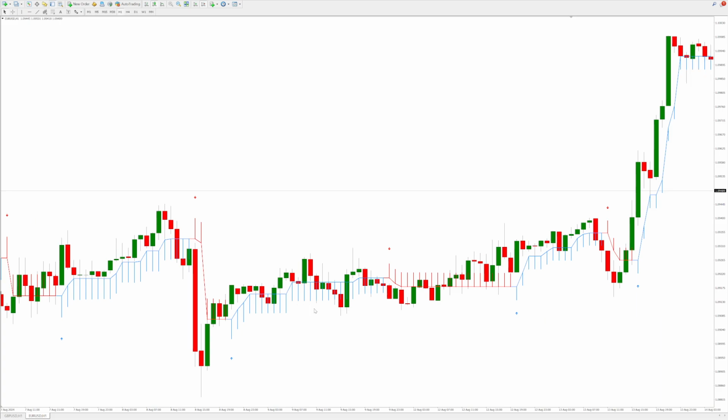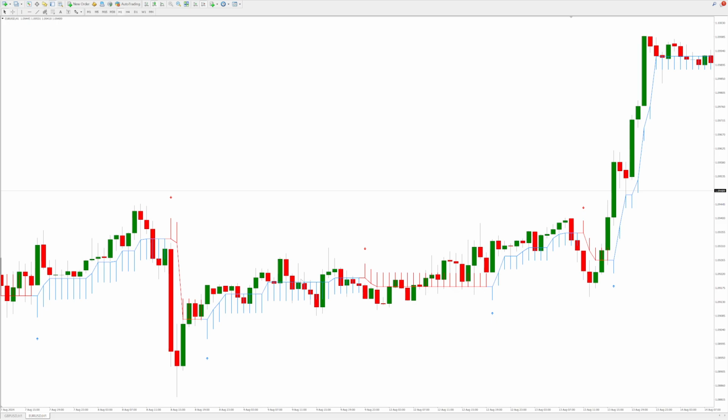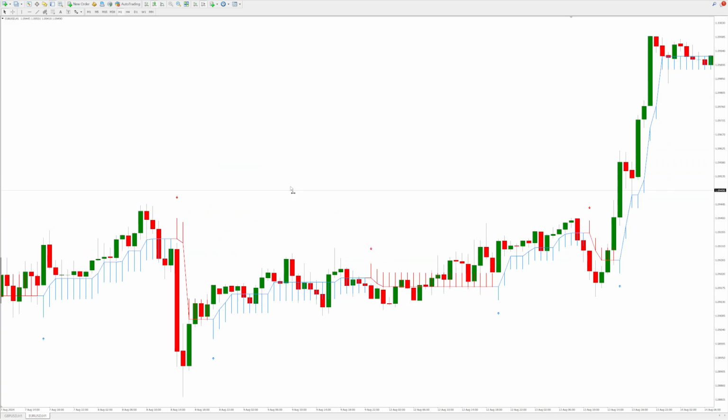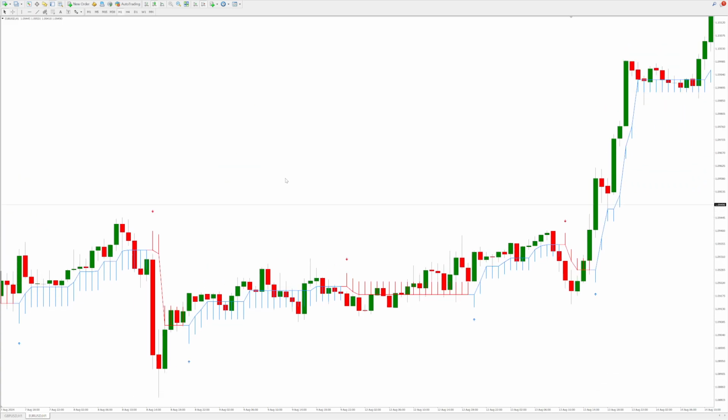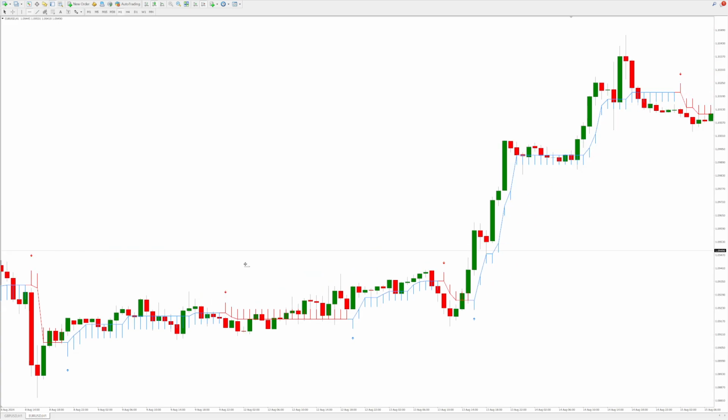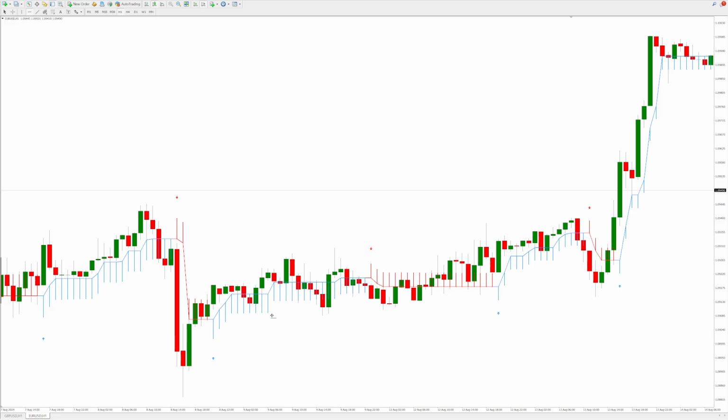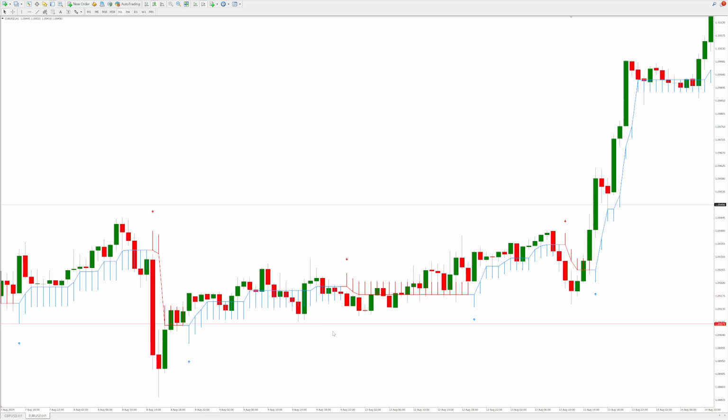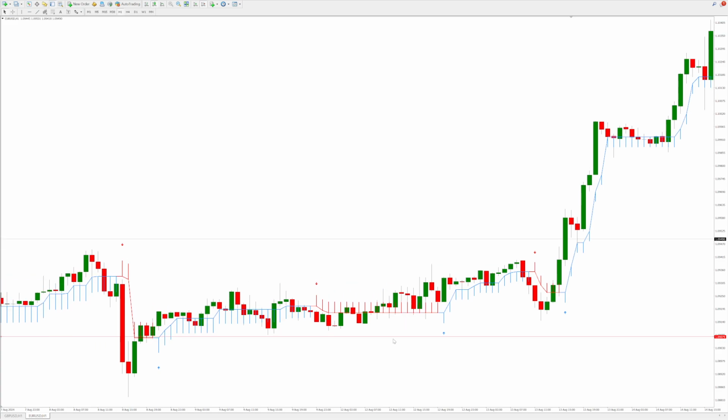I'm going to show you how I would use the half trend indicator in coordination with other forms of market analysis, specifically price action analysis, support and resistance, and perhaps we might look at including some other technical indicators. So what we're going to do first is mark recent support and resistance levels. Here I'm going to mark